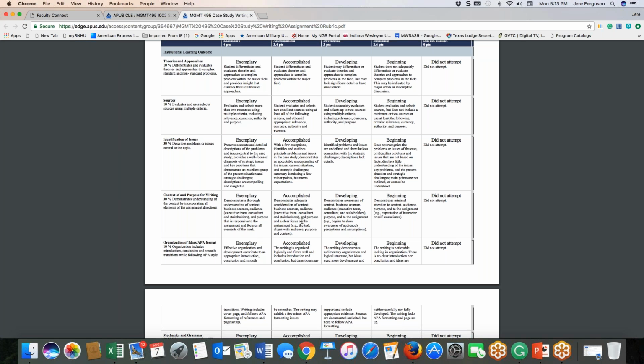A stakeholder, as you should have learned in some of your other business classes, is any individual or entity that has a vested interest in the command and/or company. So for example, in a company environment, that could be stockholders, the bank, unions, the local government, the employees, lower, middle, and upper management, the executives, the president of the company. They're all different stakeholders. Each of them has different wants and needs.